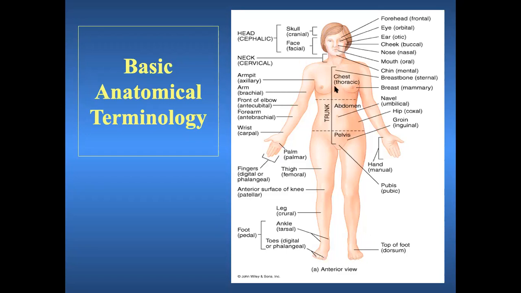Other than this, we have the trunk of the body. In the trunk, we have three regions. It is divided by two planes into three parts. What are the three parts? Thoracic cavity, abdominal cavity, and pelvis. In the thoracic cage, the structures outside are the mammary region or breast region. When you enter the thoracic cage, meaning the bony rib cage, the main organs you will see inside are the lungs and heart. There are various other structures also, but we will not discuss that right now.